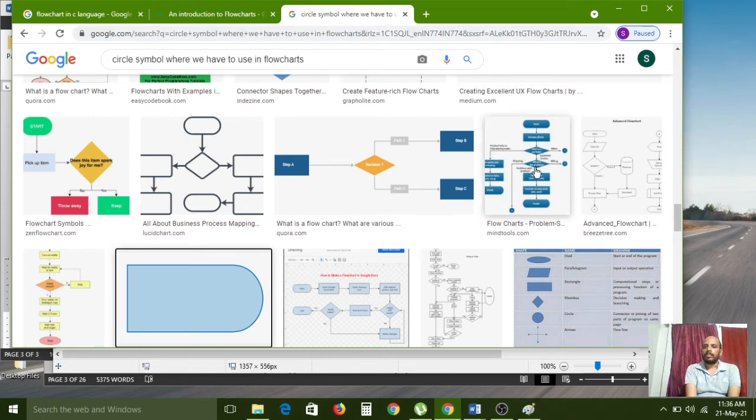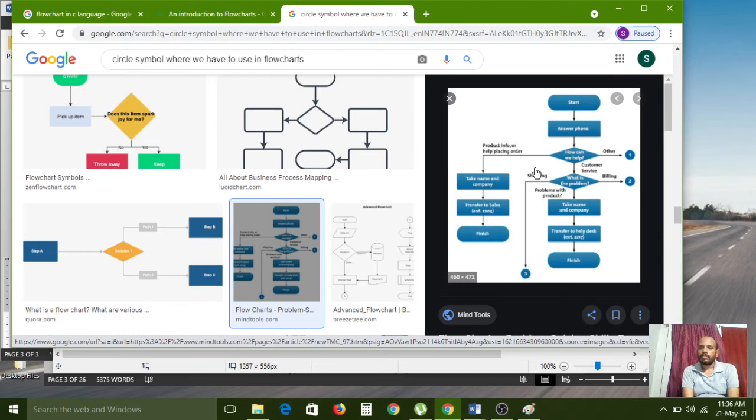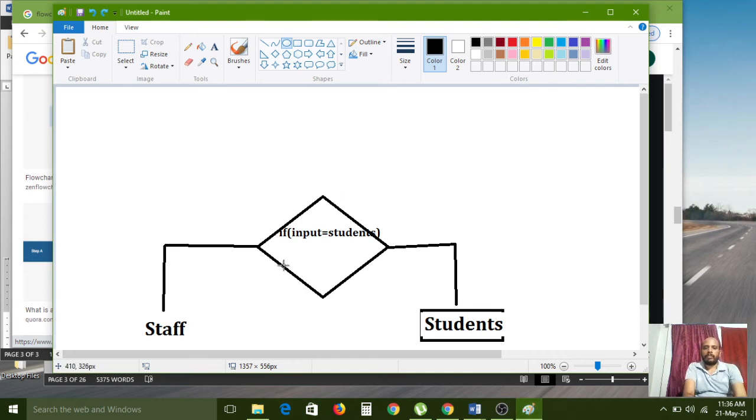Okay, here the same program we have now. For start and stop purpose, the oval symbol they have used. Understand? You can simply understand by looking at this diagram where we have to use it. If the program contains two parts, and a decision is taken here, and before, I showed these symbols. For the decision purpose, the diamond symbol we can use.